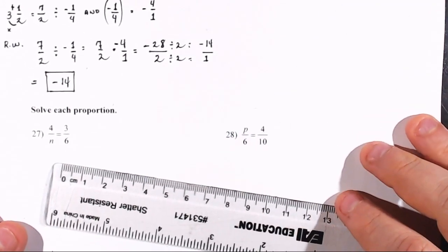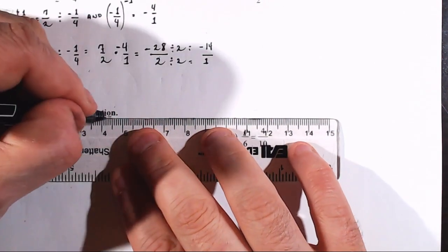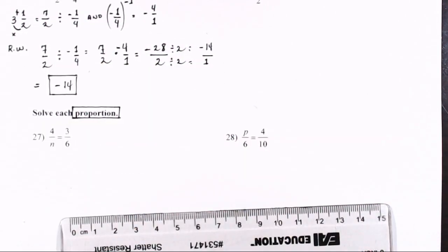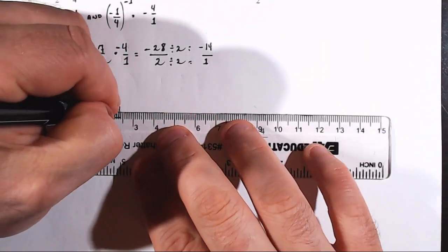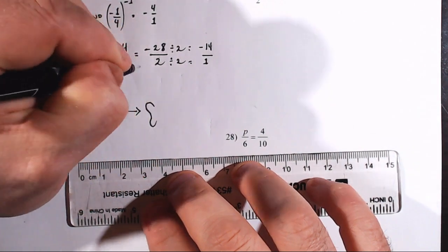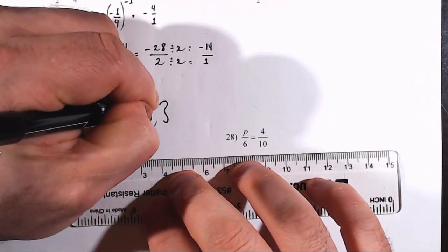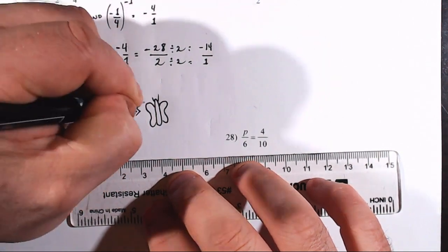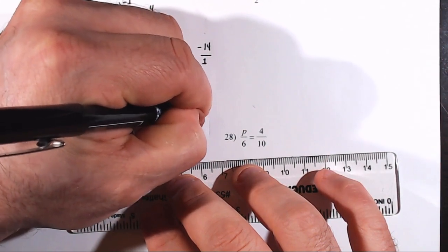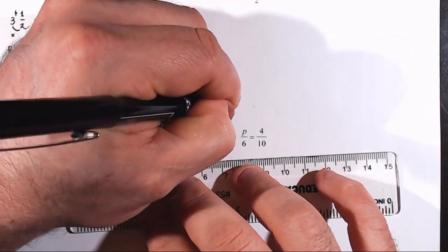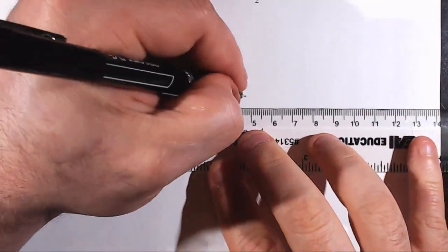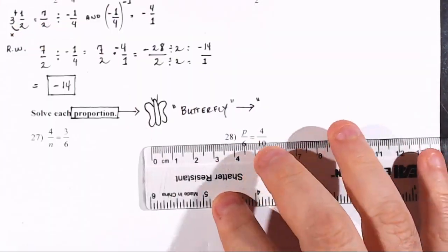Okay. Down to number 7, proportions. All right, proportions. The way most people coming into my class tend to know this is when they see proportion, they immediately think of a word, and that word is an animal. I'm not a very good artist by any stretch of the imagination, but what most people think of is butterfly. And the way I learned it was not butterfly. The way I learned it was I learned this following phrase: